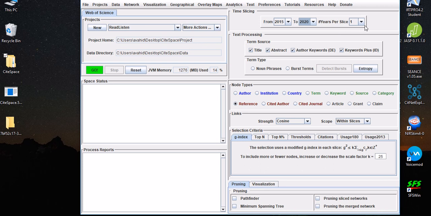So what CiteSpace is going to do is slice your data into several slices. From 2015 to 2020, you're going to have 2015 to 2016, that's slice 1, then 16 to 17, that's slice 2, 17 to 18, slice 3, 18 to 19, slice 4, and 19 to 20, slice 5. Now, if you want to keep only 1 year in each slice, you could actually change this to 2, or